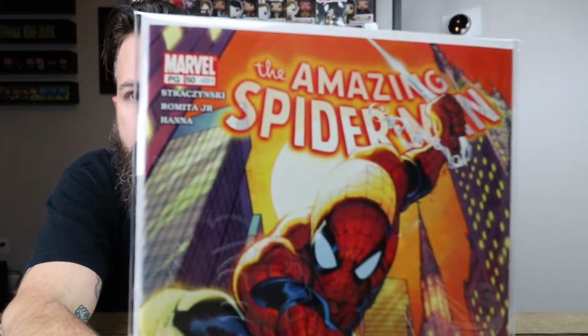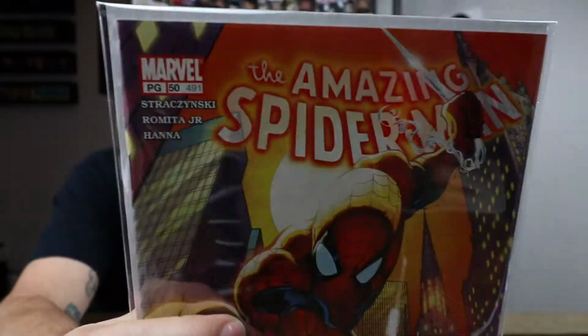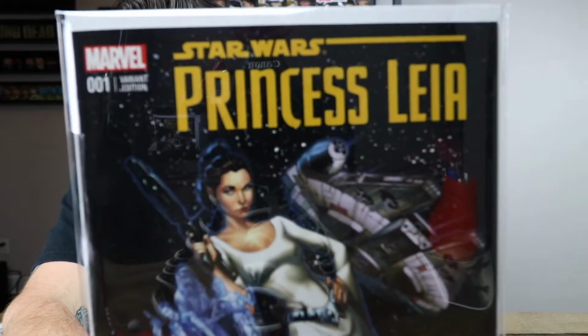Alright, so next on the list, I got Spider-Man #50 is this. I think 45 through 50 were all Campbell covers. I have those downstairs in my Campbell books. This one's up here because I got it recently at the convention at Tampa Bay. So you guys saw that in my Tampa Bay video, along with this next, I think, 3 books, which are